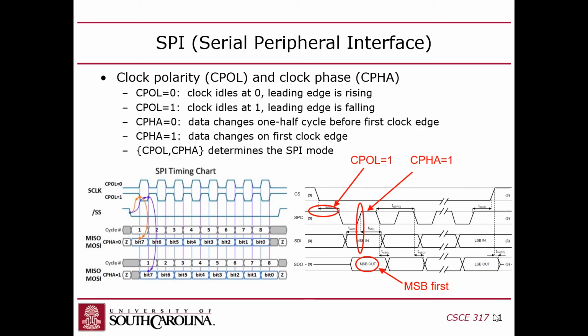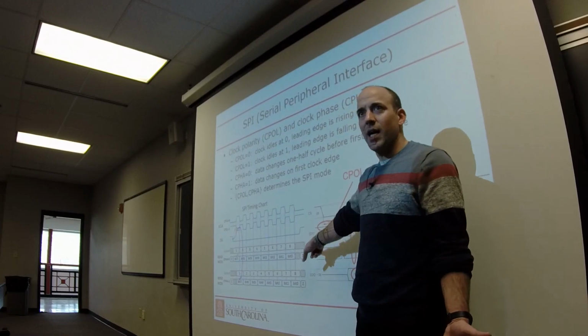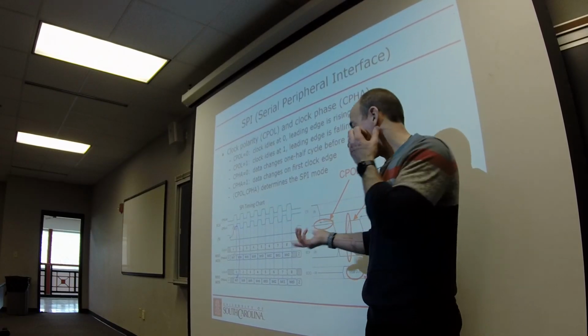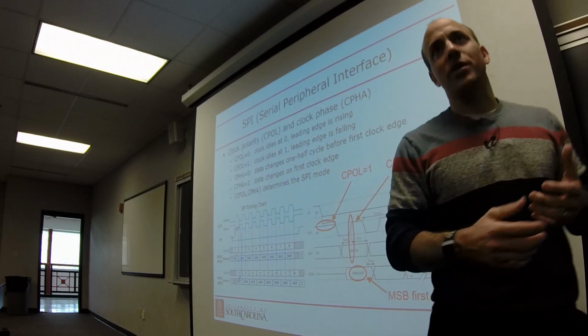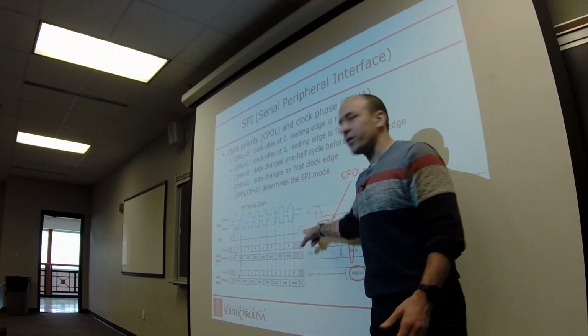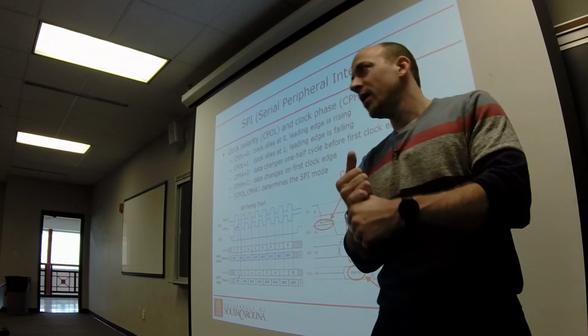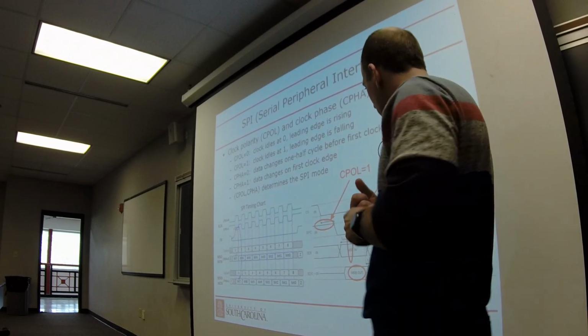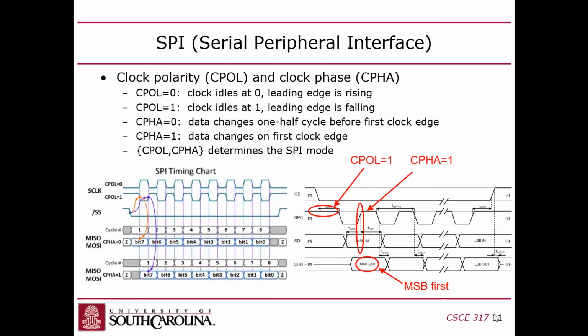Guys with me? Also, they call the clock SPC instead of S clock. Don't know why, just confusing. But SPC is what they're calling the clock in the data sheet for the accelerometer. Yes? After the most significant bit is read from CFA, it samples the data in between, like right after the